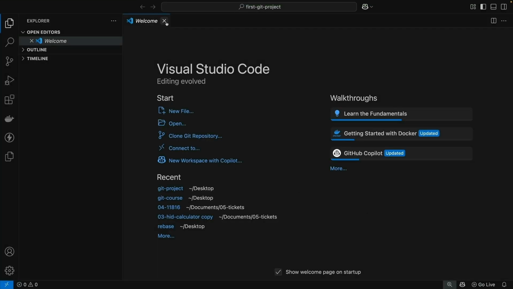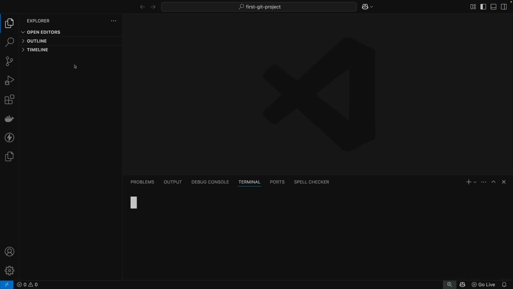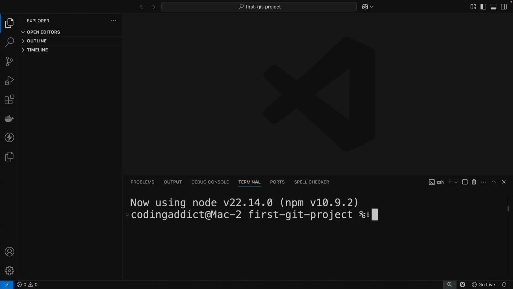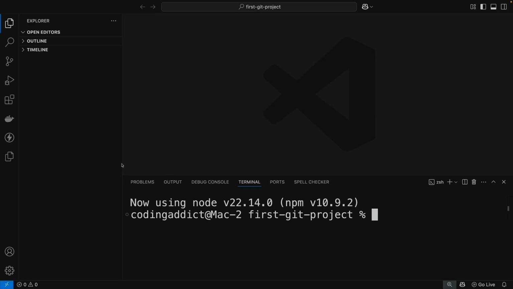And the reason why I've zoomed in so much is simply because, to tell you honestly, during the course, we won't be concerned too much with the contents of the file. We'll mostly be concerned with what we have over here on the left side, since during the course, I'll also show you how to use Visual Studio Code's graphical interface in order to work with Git, and also we'll be concerned with the terminal. So this is where we're going to be writing the commands. And therefore, I will zoom in and zoom out